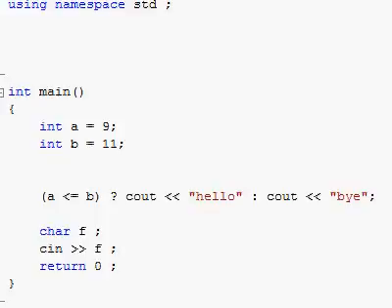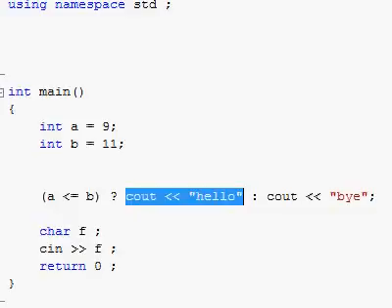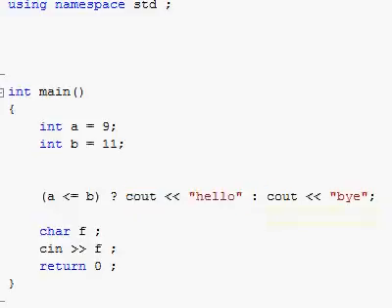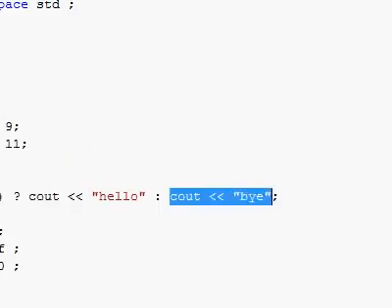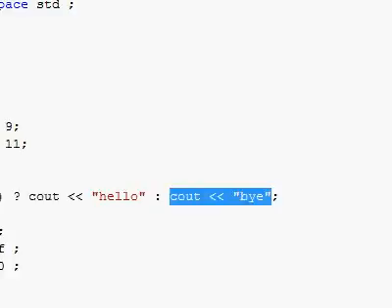So the important thing to know over here is the question mark and colon operator. We have three parts over here: the Boolean expression to be evaluated, the action that is taken if it's true, and the action that is taken if it's false. And as a matter of fact, these two parts over here can also be expressions.